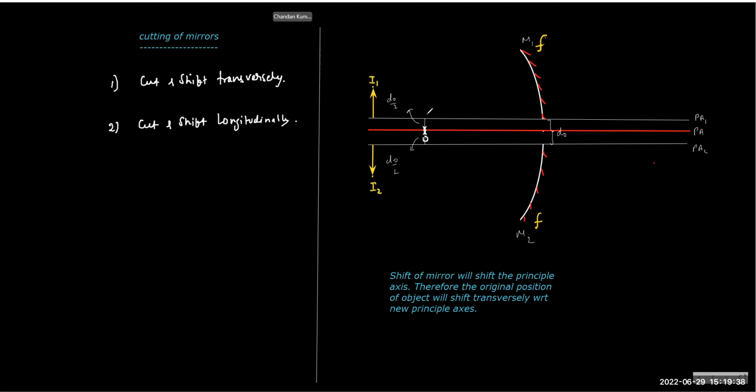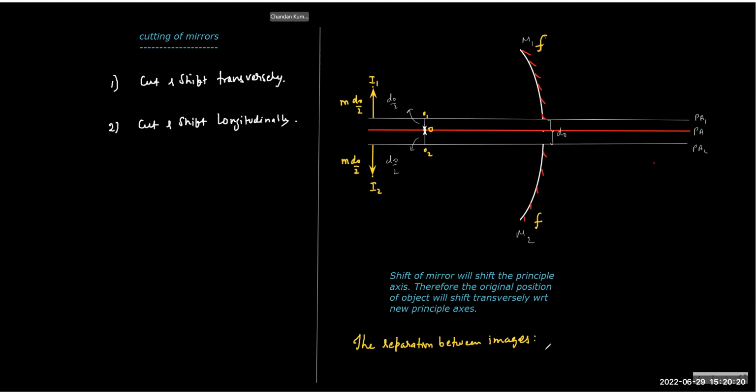So this is the object one. This is the object two. You can think like this. Let me remove this O. So the original object O will become O1 and O2, and their images will be how much times the size of the object? M times. That's it. So generally, what they ask is the separation between images will be